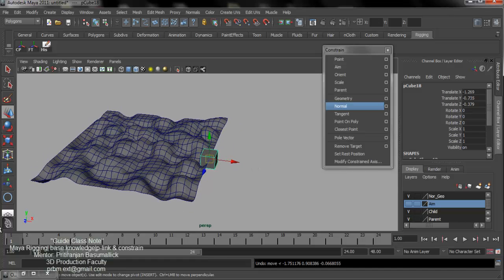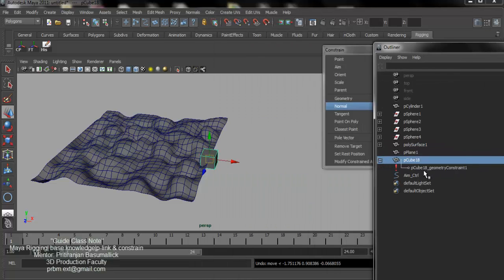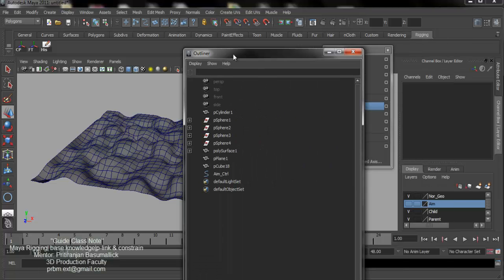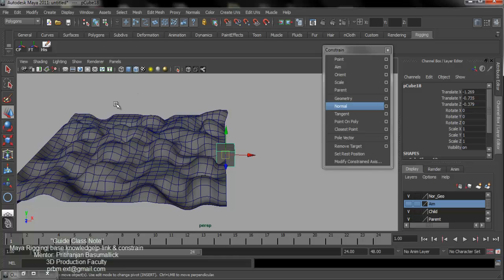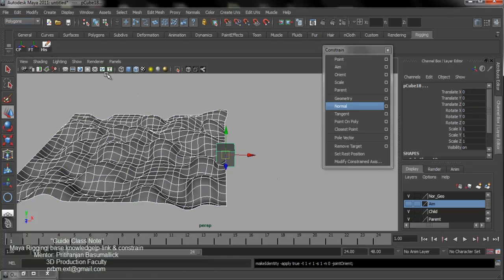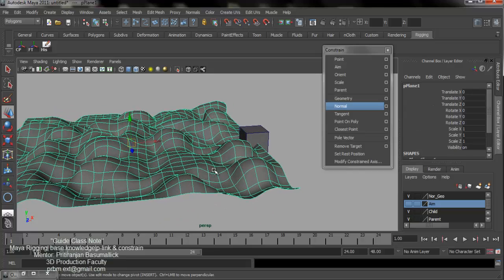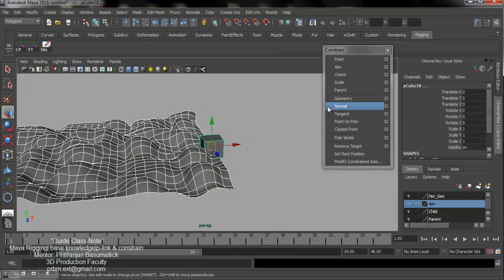So I just delete the geometry constraint because I am going to demonstrate the normal constraint. So I select my geometry constraint node and hit delete. Okay, that is how to delete a constraint node. Now it's not a geometry constraint, but we select both and go to the rigging shelf. Now I see the normal constraint. Actually the normal constraint works according to the normal. What is the normal? I will show you later. So at first parent, then child, hit the normal constraint.